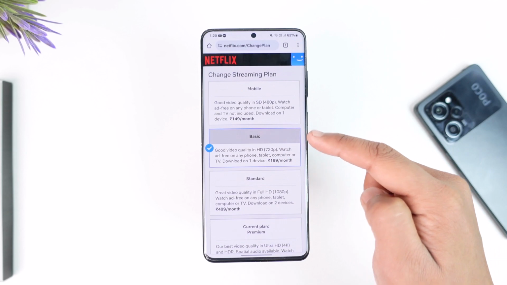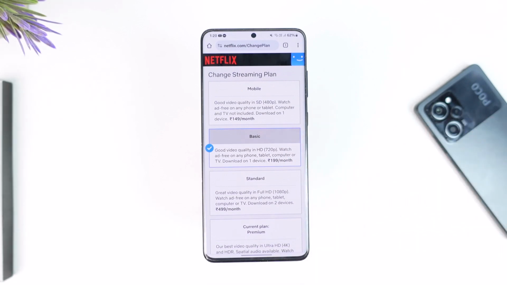So the basic plan right here can actually be watched on any device, whether it is your phone, tablet, computer or your TV, and you can only choose to download on one device. So it's most likely easy for 1 or 2 users. If you're sharing your account with the maximum of 1 or 2 people, then this is a good option